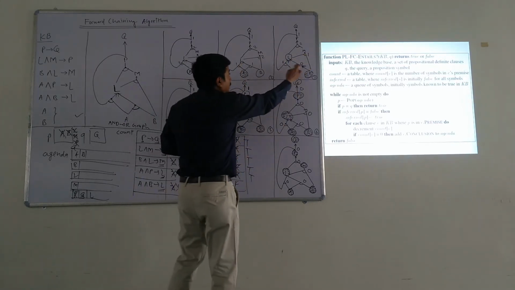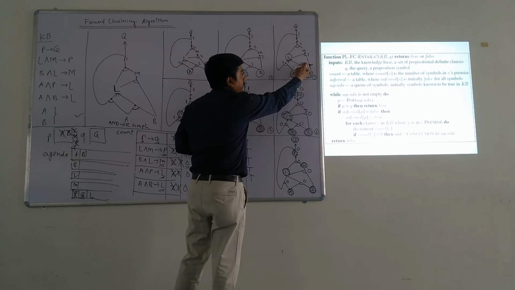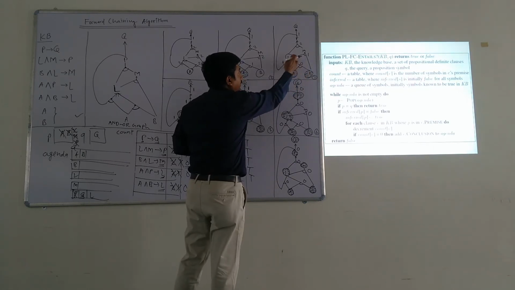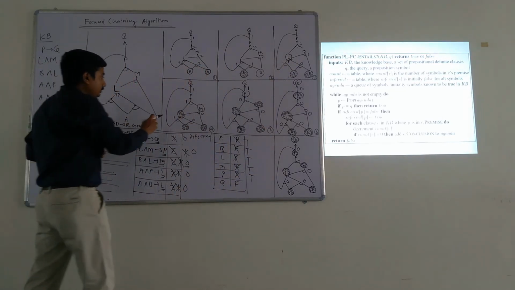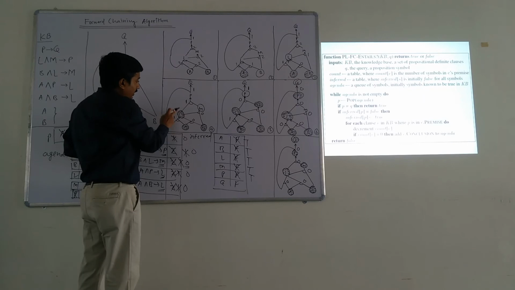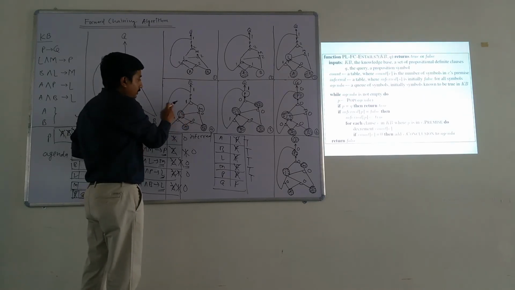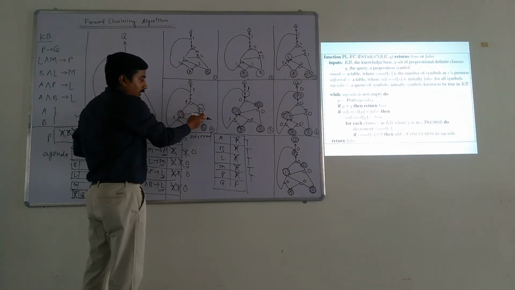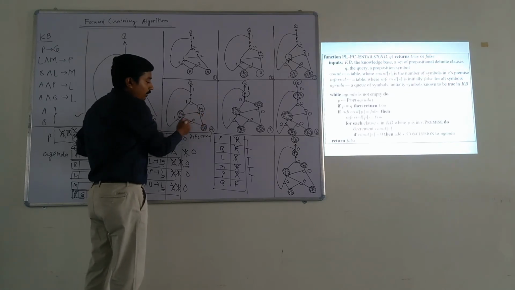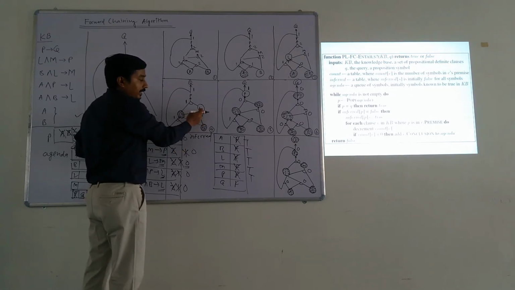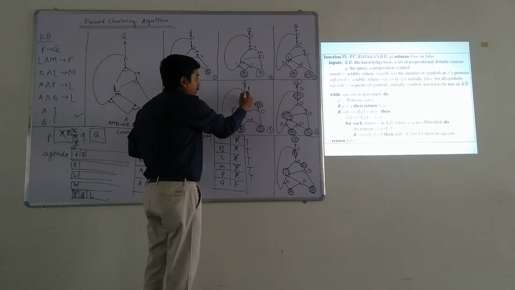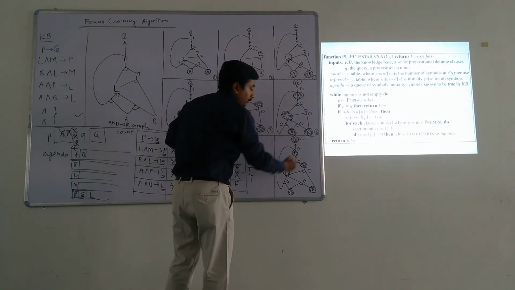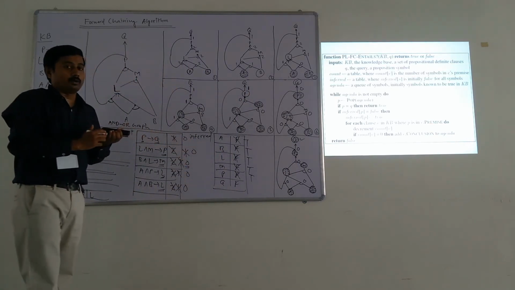Now as the count becomes 0 for this implication, its conclusion is added, so L is circled. The next one, now L is processed. It is involved in implications, and its count is decremented. Now the count for this implication becomes 0, so M is added and circled. Then M is processed, then P is added to the agenda and circled. Ultimately we will reach Q. So this is the working of the forward chaining algorithm.